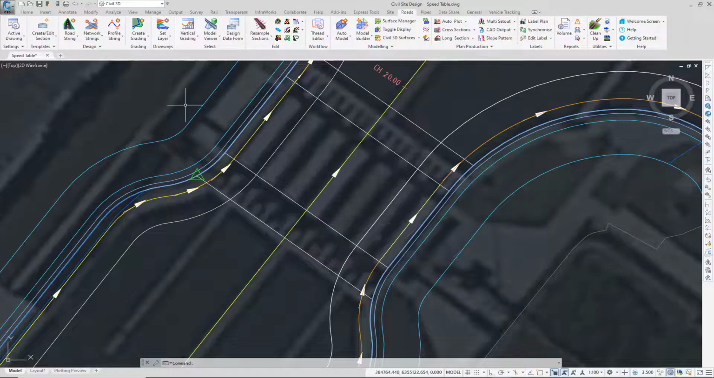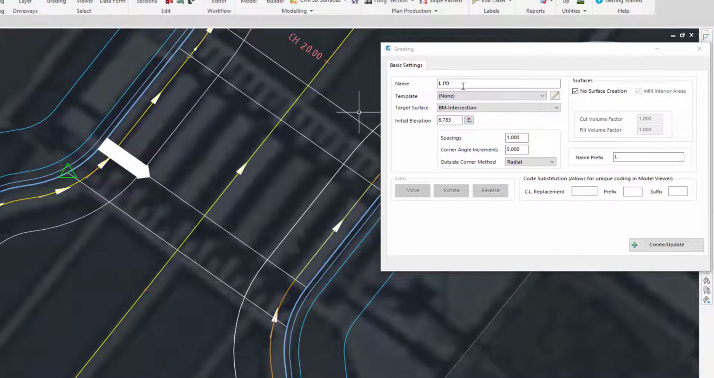We're going to create one more by going up to the Create Grading pull down, click on Create Grading and select the second polyline. We're going to complete the form as follows. Again, we don't need a template. The target surface can be our intersection surface, that's fine. And again, the initial elevation isn't a problem. We are going to change the spacings, however, to every 50mm. And again, make sure that we're not creating a surface. We're going to click on Create Update